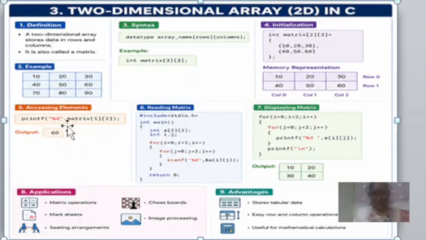This statement declares an integer array named matrix. It has 3 rows and 3 columns. So this array can store 3 by 3, 9 integer values. And coming to the initialization,